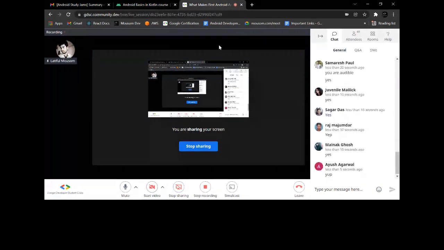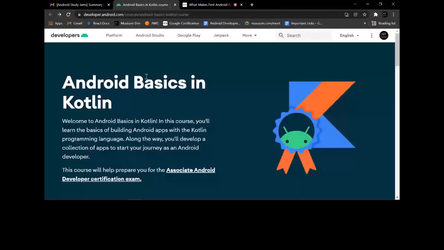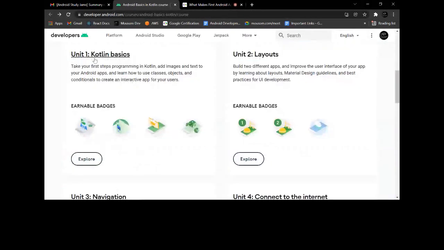Okay, cool. Great. So this is our course curriculum in the WhatsApp group. First of all, today our task is to finish this one, the Kotlin basics, and in this unit we'll earn 4 badges: introduction to Kotlin, the first app in Android Studio, and the third one is creating a basic layout, and this is a dice roller app.